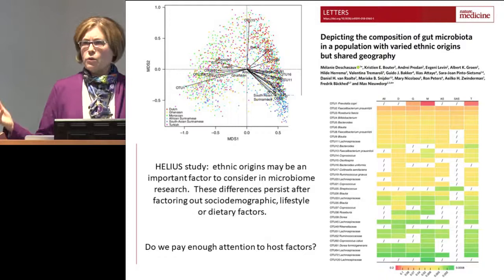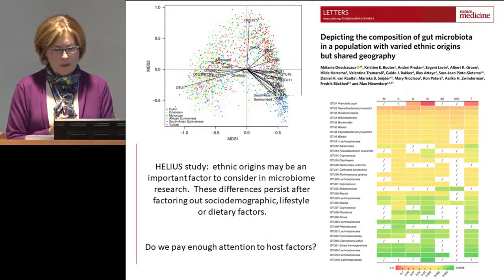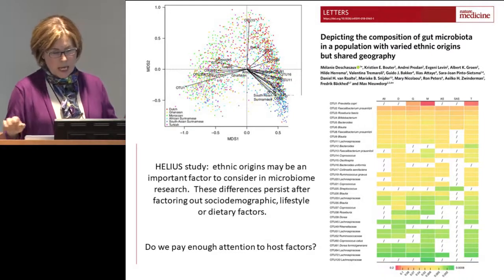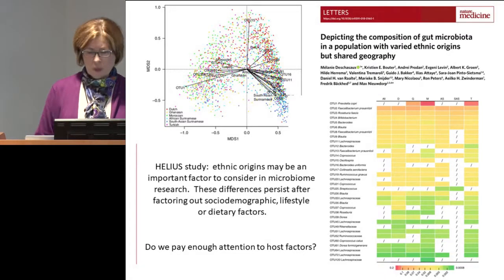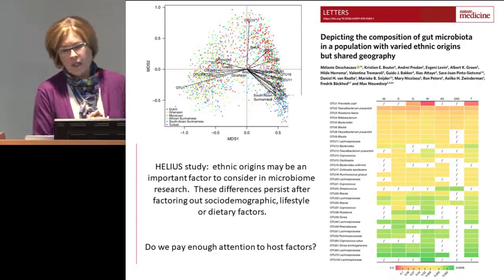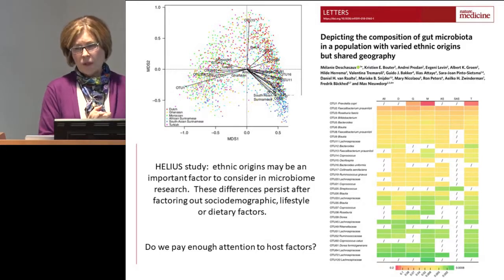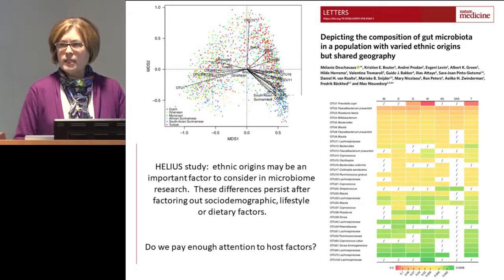These were relatively recent immigrants to Amsterdam, so we weren't looking at multi-generational effects. And I think the take-home message here from this paper was that when factoring out socio-demographic, lifestyle, or dietary factors, there was still a segregation of the microbiota based on 16S data that seemed to track with ancestry or ethnic origin. This is perhaps not surprising, but I think what was well done about this study was that